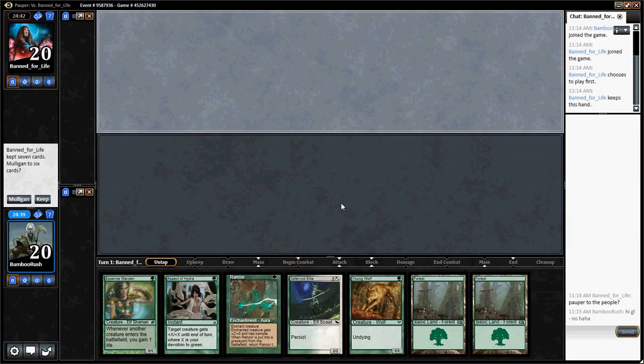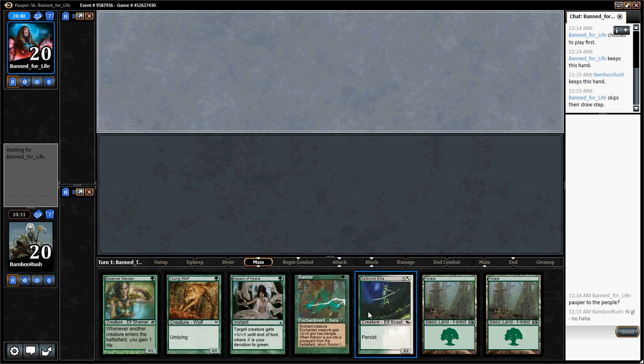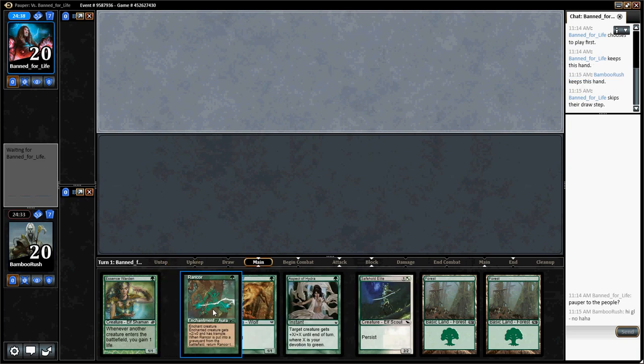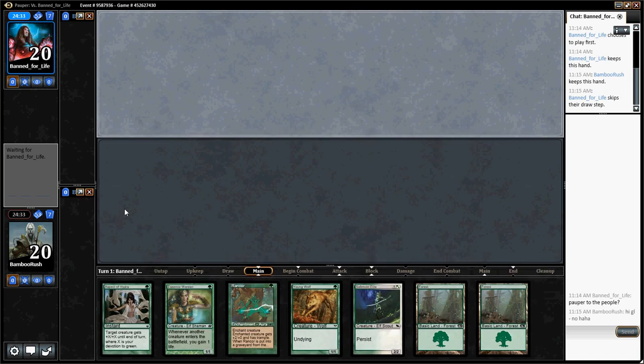Hello boys and girls, we are here playing in a Pauper 2-man queue. We are on the draw, and we're going to keep this 7-card hand. It's very mixed all around, and we'll see what the opponent's doing. We may actually start with Essence Warden instead of Young Wolf, but